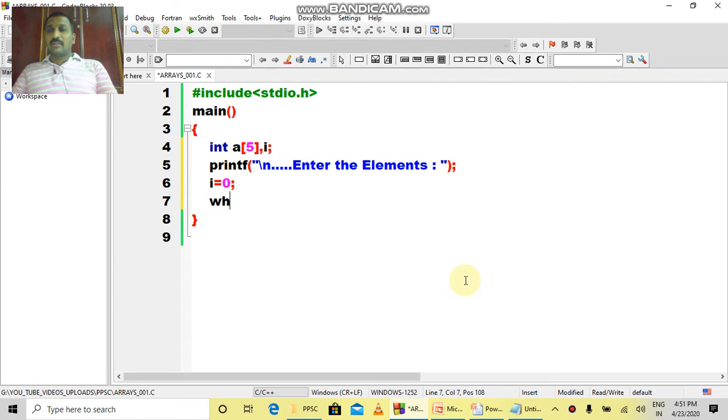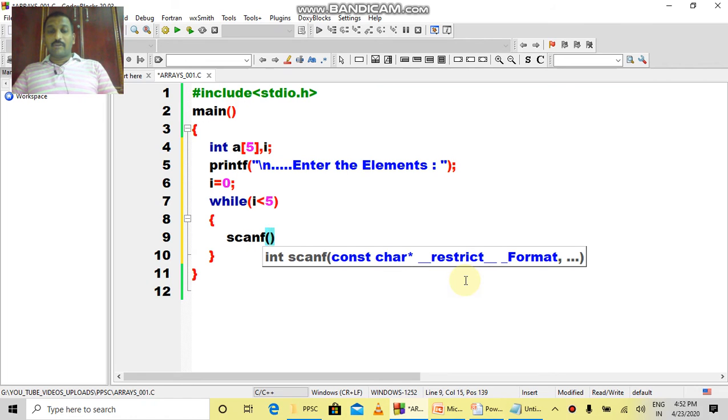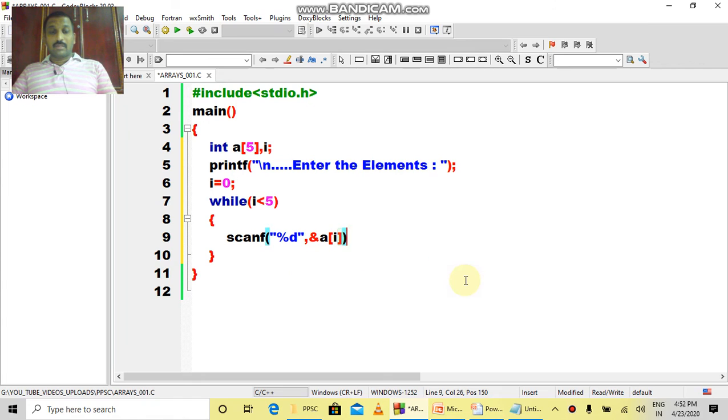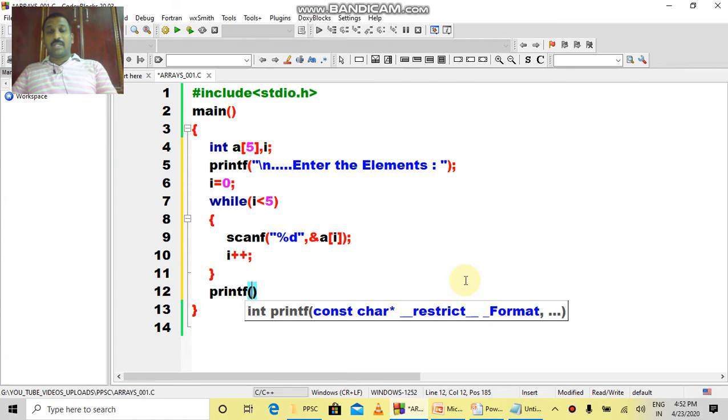Later, the same step I have specified in the presentation: as long as I is less than 5, read data into a of I, and then increment I to the next location. After completing this reading operation, we can print the contents available here.